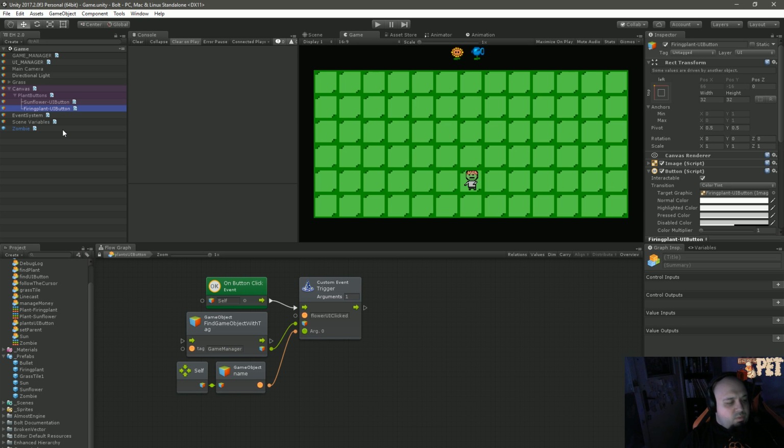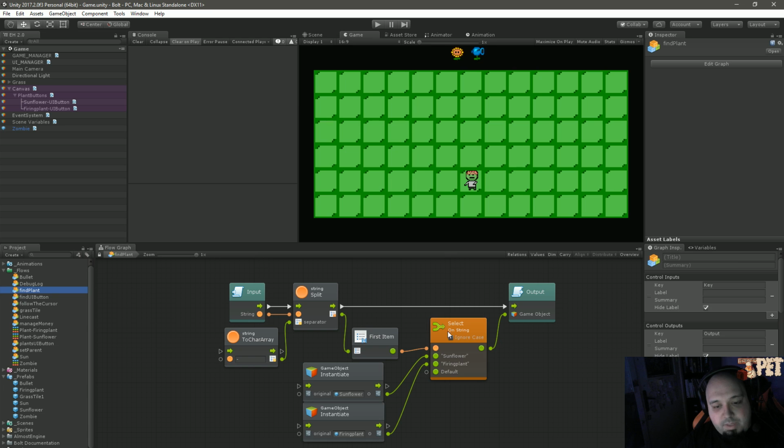But because we were doing something with the buttons on top, I wanted to give them a more exact, more unique name, so I know it's about the UI button and not something else. Even though whenever you build a new sunflower, the name of the sunflower is sunflower (clone), so I wouldn't have entered that problem, I still wanted to do it like that. But the problem is that this created a problem with the finding plant script, because the finding plant script was always looking at the sunflower